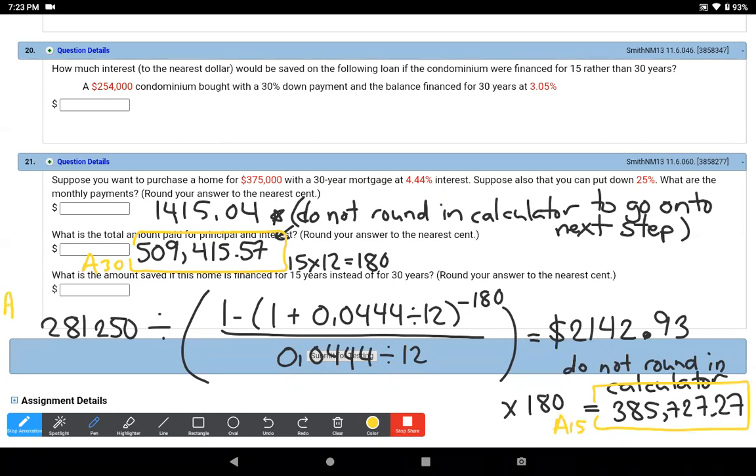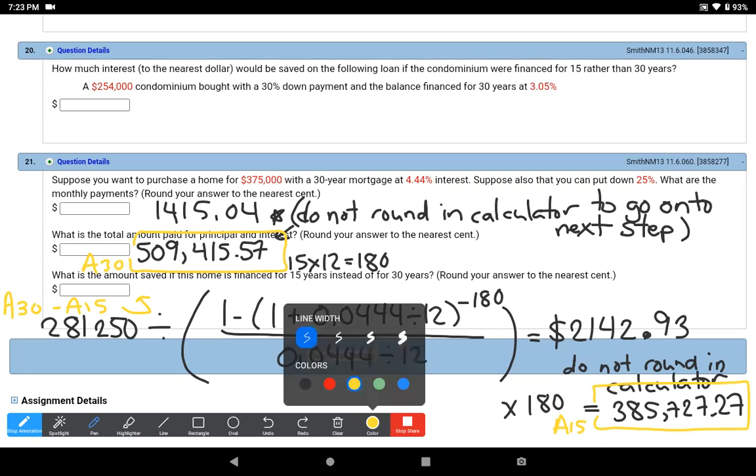And this value is to find the difference, right? So we're going to take 509,415.57 and subtract 385,727.27. And we have a glorious grand total of